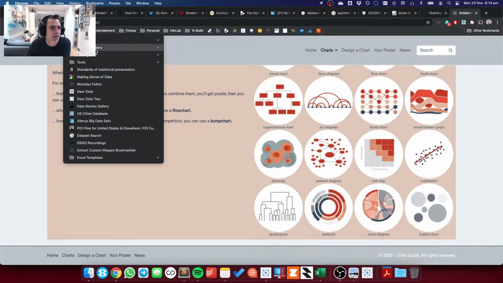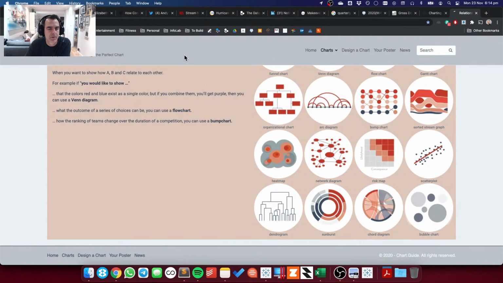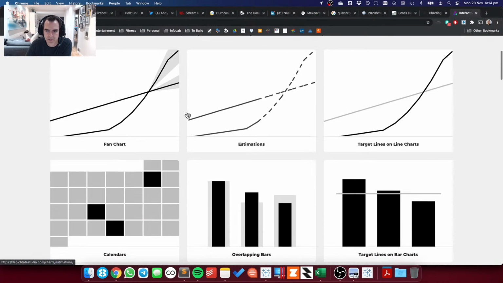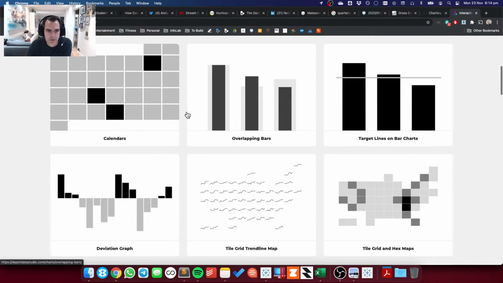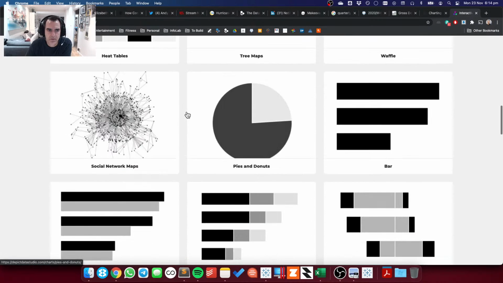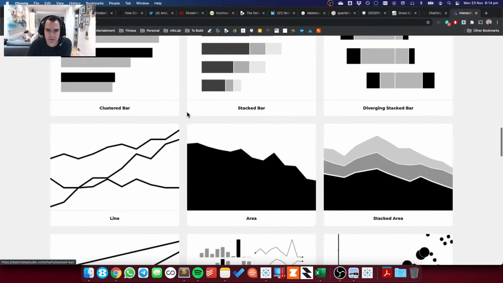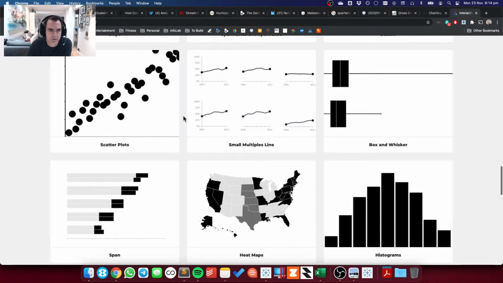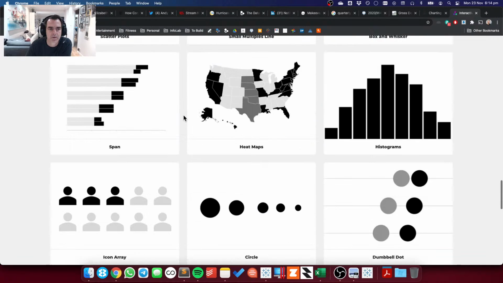Okay, so let me now go to the next one. I just like flipping through these to see if I missed anything. Okay, deviation, tile map we can't really do. Okay, anything here? Bubbles, small multiples, histograms.